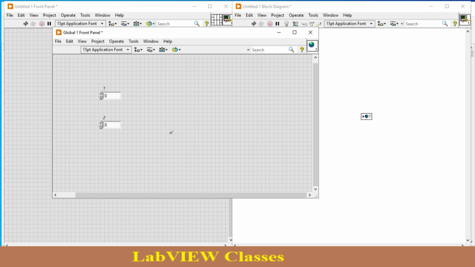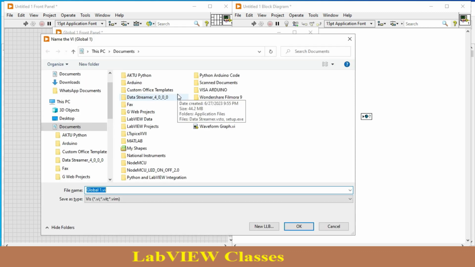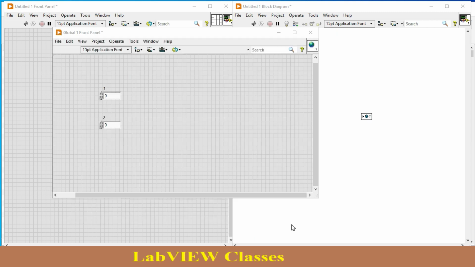These values come from a different VI and go to another VI. So over here these are my two variables. Now I save it. I name it global, save it,